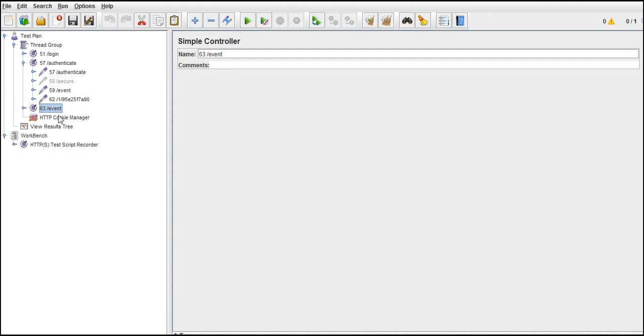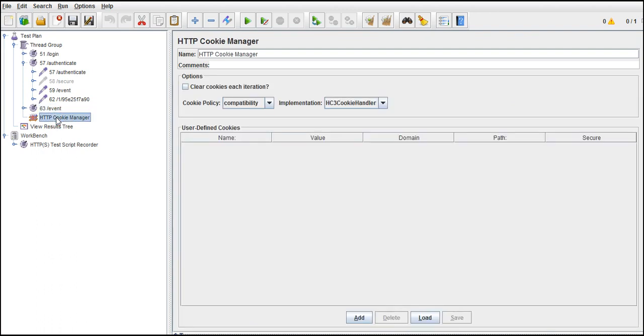So it will look for the response of this event only, because you have added it as a child item to this request. So for whatever request you add as a child item, the assertion will look for the response of that parent item only. So be careful while adding assertions.